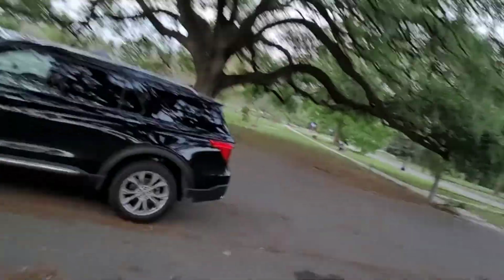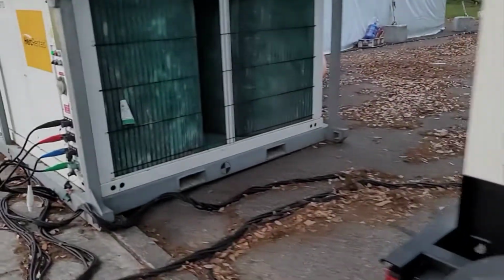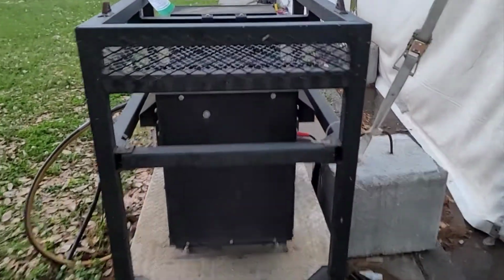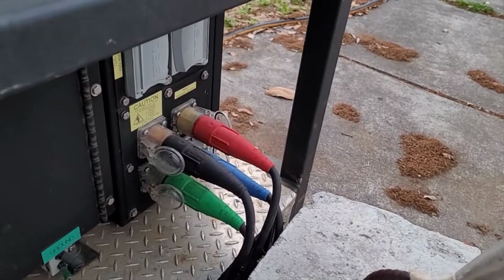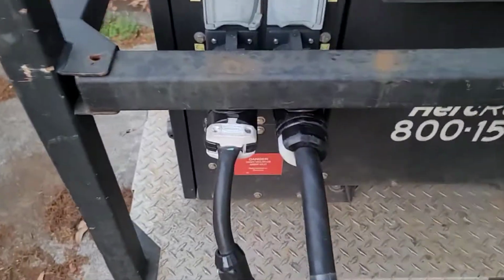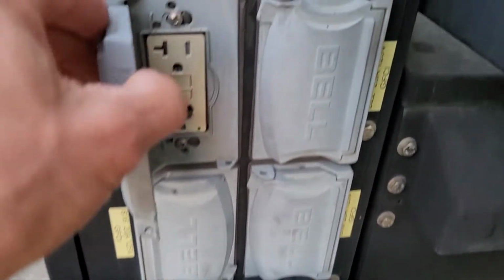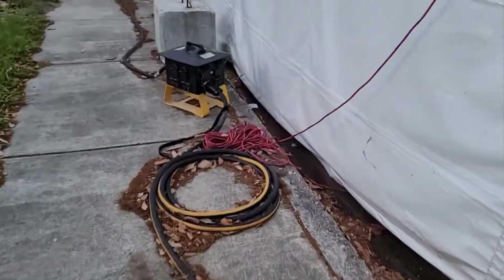So let me show you what we got. So here's the generator that runs the 480, and that runs into this big air conditioner. The cool part here is this little transformer. So the transformer, we run the 480 in there. You notice there's no neutral. It's just ground and 3 hots. And then on this side, you've got two 50 amp twist locks, and then you have a whole bunch of convenience power. So one of these 50 amps runs out here, and it runs into a power distribution box, which